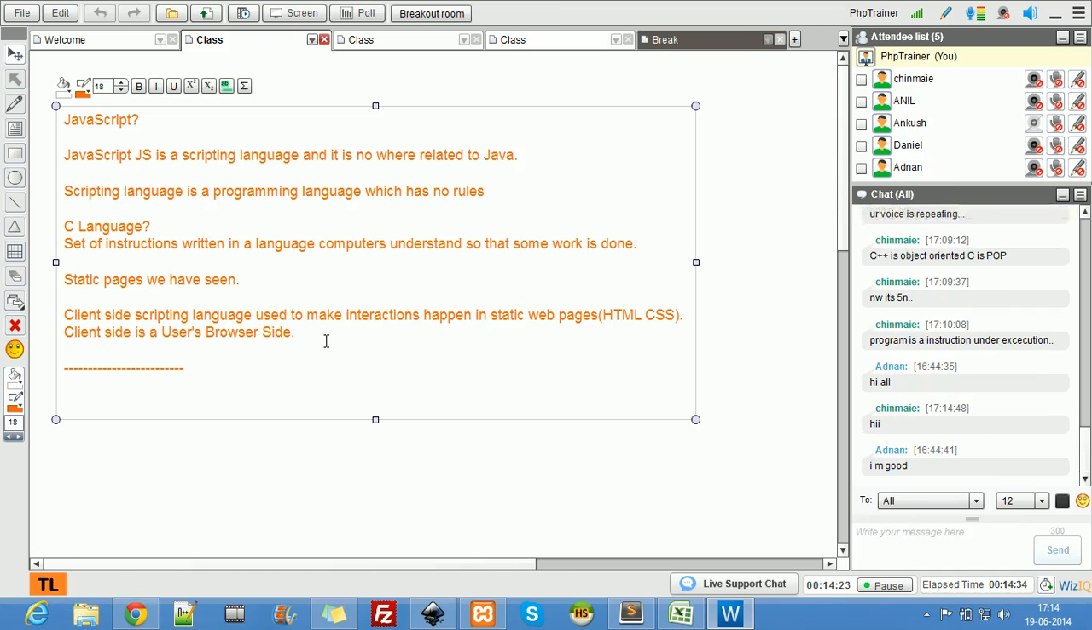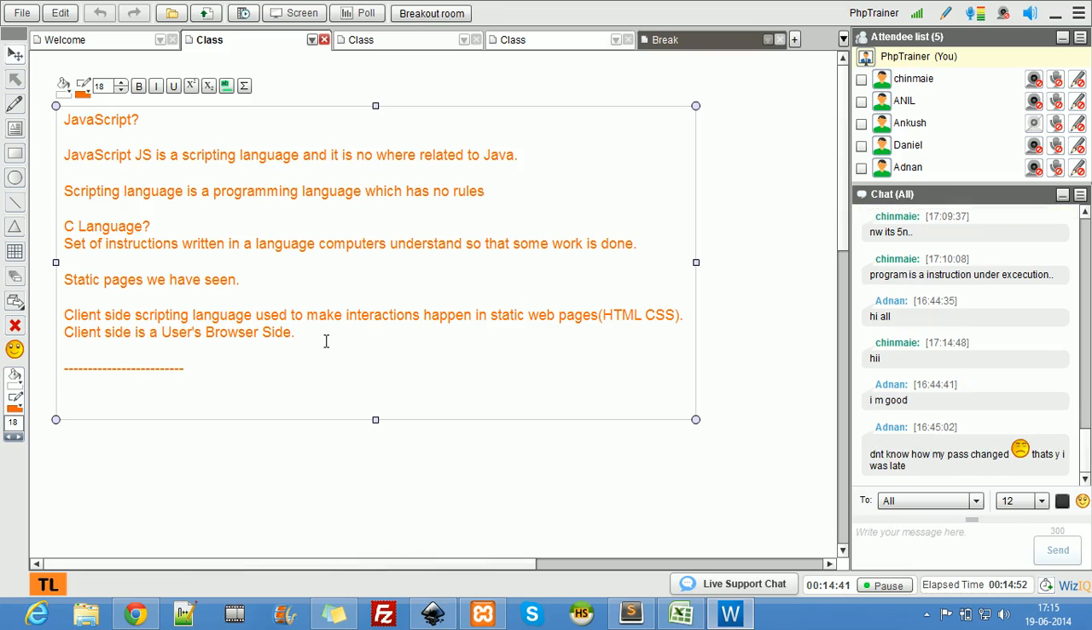JavaScript is a client-side scripting language used to make interactions happen in static web pages. That's where JavaScript is used. Now it's like any other programming language. If you know C language, then you'll be very comfortable in JavaScript. Even if you do not know C language, do not worry about it, because JavaScript is very